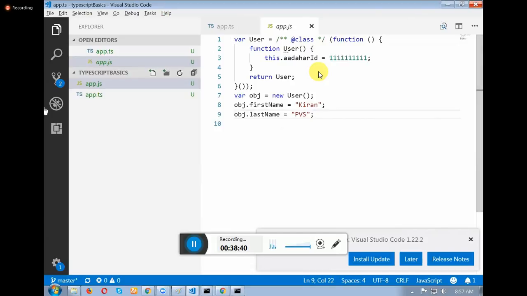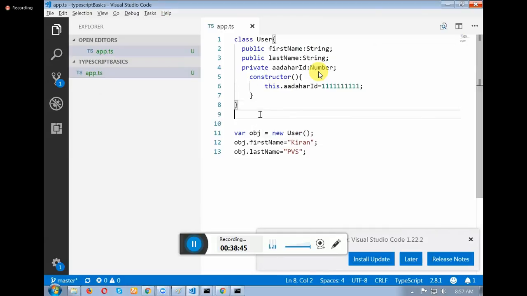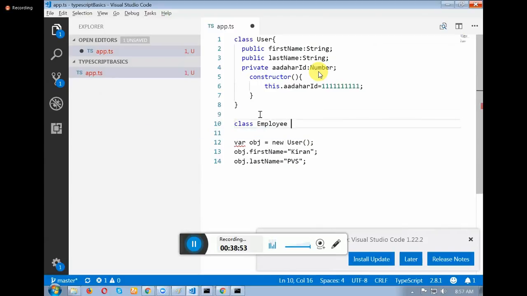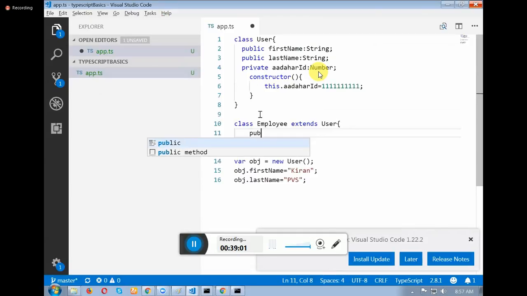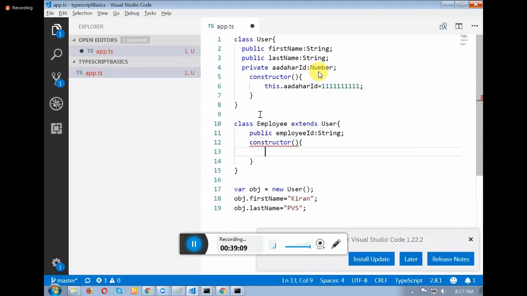Now going to the class, when you have a parent and child relationship, inside the child class constructor, what is the first line of code you need to write?